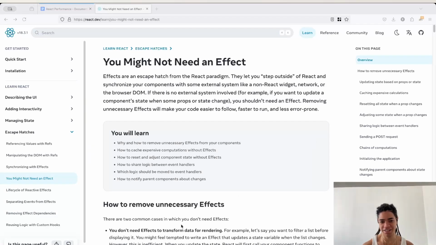We're again looking at the escape hatches specifically from the React docs, the learn section, as a way to understand how React works behind the scenes, being able to describe that in the most concise and precise way, as a way to have clarity, not only to communicate that to your team members, your colleagues, and non-tech savvy people, business people, PMs, users, shareholders, but also when it comes to actually develop some features or UI, and when you need to escape the hatches or step outside of React, you know what you are doing and how you do